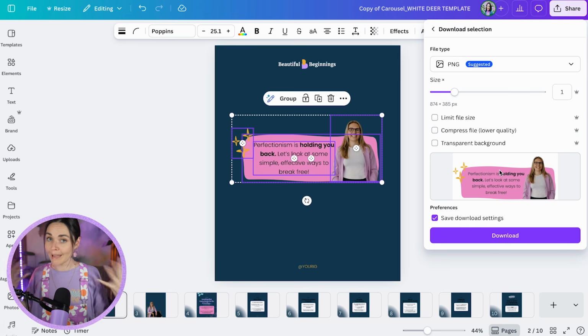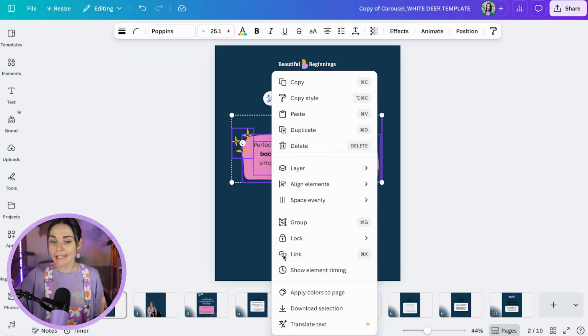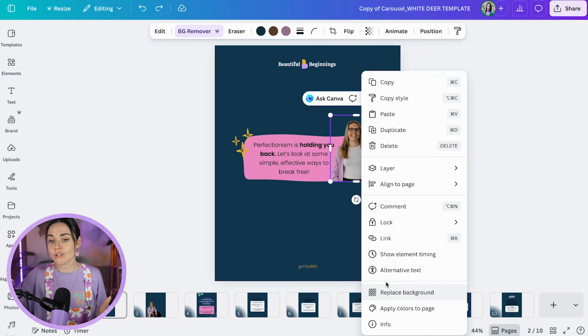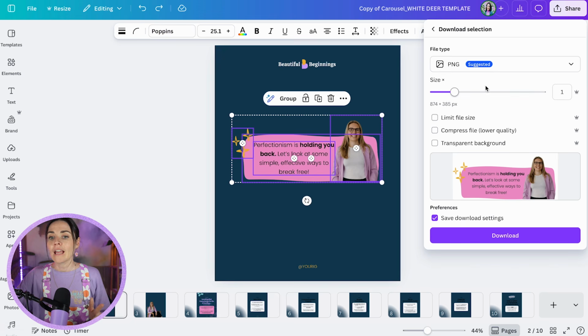If you don't want to download a full page, you can just click and drag to select multiple things. Right click and press download selection. Please note, download selection will not be available if you've only grabbed one object. So if I just grab this picture of Bronwyn, right click, there is no download selection because I don't have multiple things selected. So just make sure you've got multiple things, right click, download selection, and I could choose to